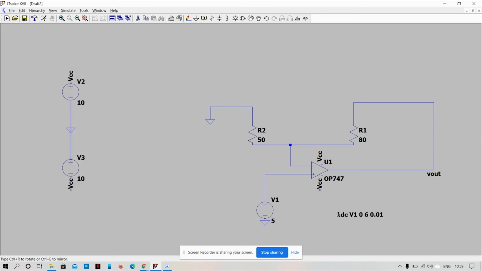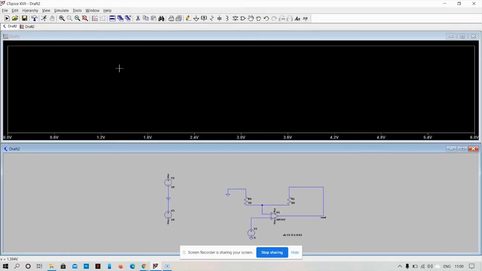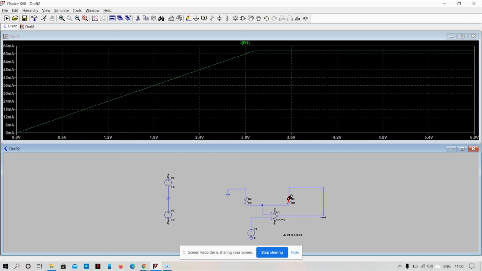Now just click on the screen, then go to run. This part will run your simulation, so just run it, and you have to measure the current across R1. So when you bring your cursor near R1, you can see a red color thing happens. This will give the voltage, but we need the current, so you have to go near the R1. Now when this type of sign comes, it means it will give the current, so just place on it.